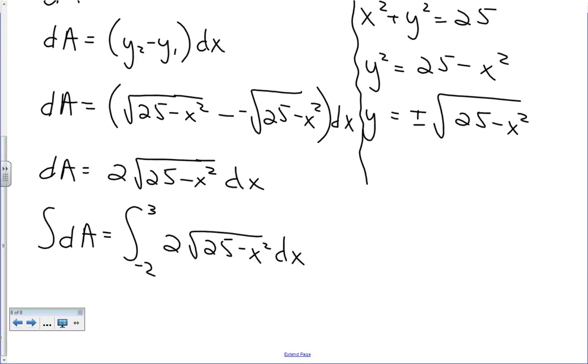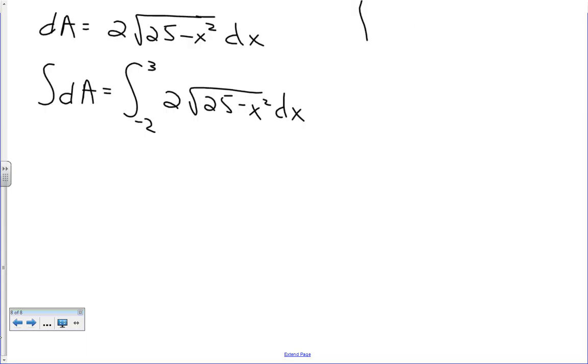Now, even though this is a circle, we don't have a nice formula that we can use to find the area of the region they're describing. This is where calculus is needed. All right, so on the right side, you can see that we have the integral of the square root of 25 minus x squared. This looks like one of those triangle problems that we've been working with. So the way to integrate this, using the fundamental theorem, is to use a trig